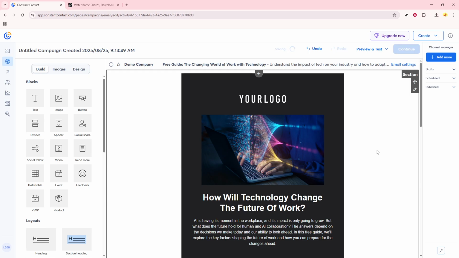And that's it. Resizing images in Constant Contact is really as simple as placing your cursor, clicking, and dragging. With just a few clicks, you can enhance your email campaigns and make sure your visual content looks just right. Practice these steps anytime you're working in Constant Contact, and soon, resizing images will be second